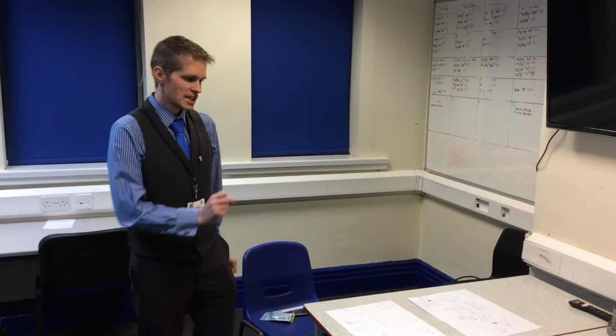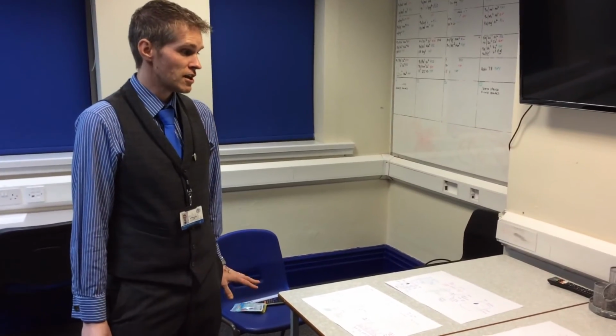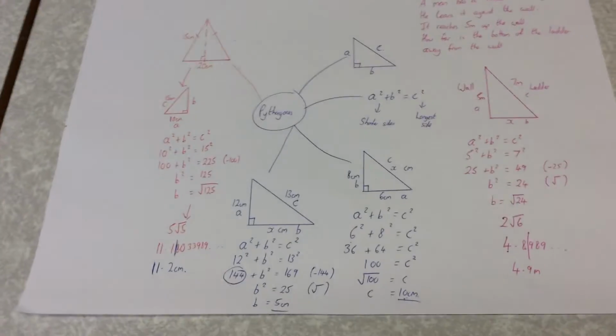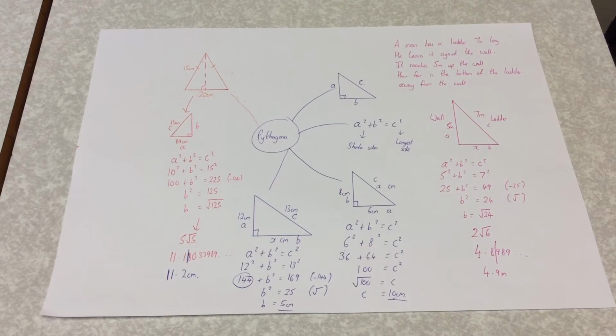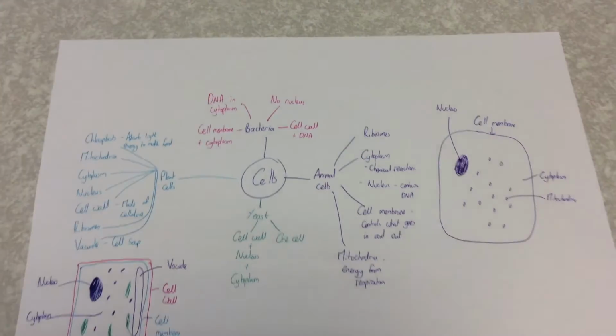Right, so here on the table we have a few mind maps that myself and Mr. Skirrow have just made over the last half hour or so. So if we start with my brilliant maths one on Pythagoras, which you've seen me build up earlier, and then if we move across to the one that I've done on cells, so we've got an animal cell and a